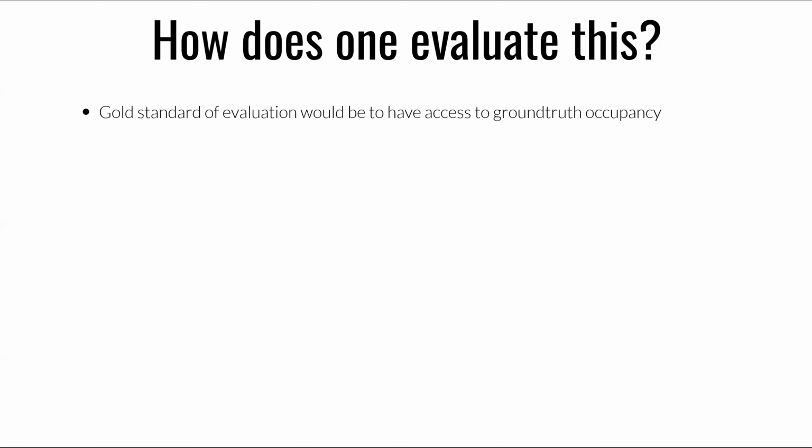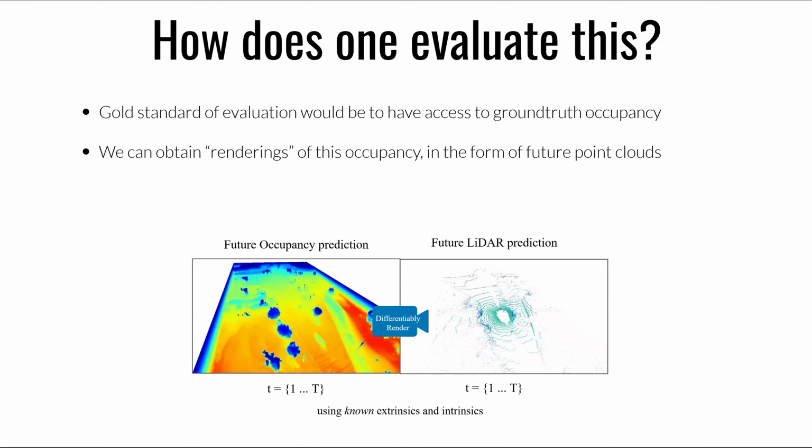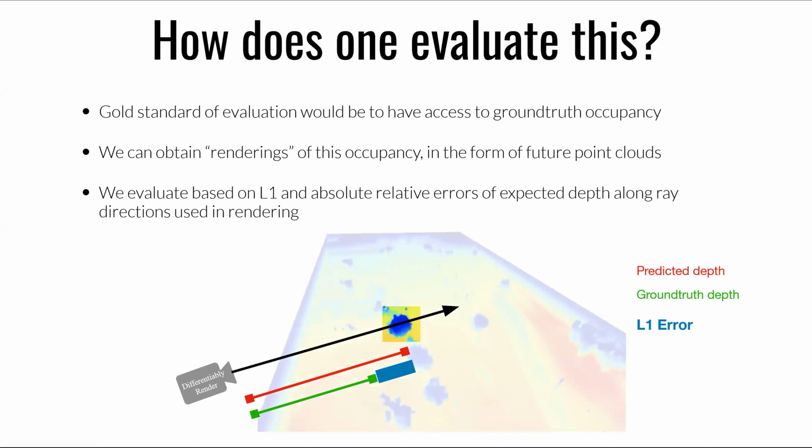All right, but then how does one even evaluate occupancy? Of course we don't have access to the ground truth occupancy, which would have been the gold standard, but we do have point clouds that can be rendered from this occupancy. So for evaluation, we give methods query rays, along which they have to predict the distance that this ray travels before hitting a surface. Based on this distance, we calculate the L1 error and the absolute relative error as